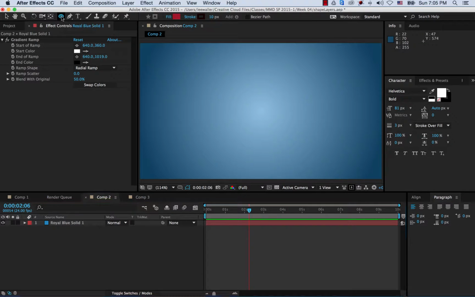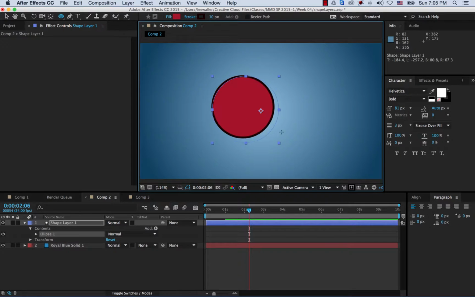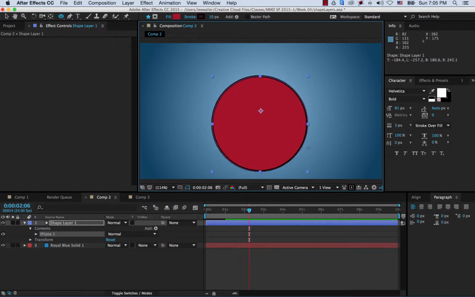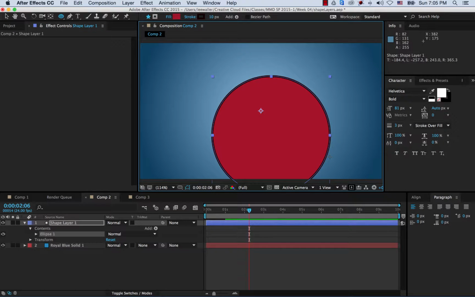So now when we come up here, we can click on our ellipse, and we can just start drawing in here, and hold down the shift key and draw your circle. And holding down the shift key is going to constrain the proportions so that you draw a perfect circle. Now you'll notice that I am not centered here, and we're going to fix that. That's easily fixable. So let's go over here and get the selection tool so that we're no longer drawing any other shapes. Now you'll notice down here in the timeline that we have shape layer 1,